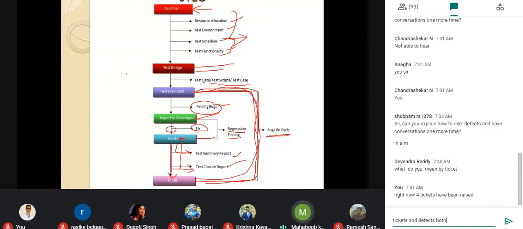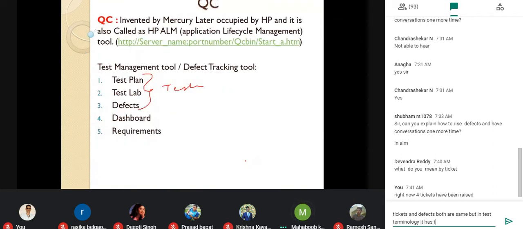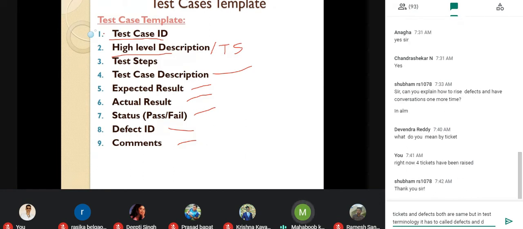So that's the reason each and everything whatever you are going to do here is added in this test report until it gets closed, and after it gets closed also you should send a report. So we have seen this. Test plan, so this is a sequence, guys. You should not miss out this sequence in the process.